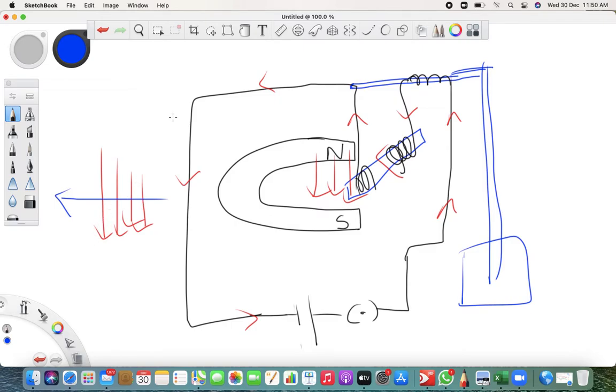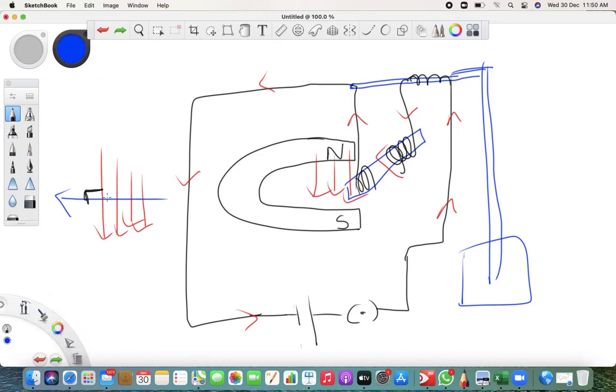As you can see, a very important point here is that they should be perpendicular to each other. Understand this very simple logic. There has to be a 90-degree angle between the magnetic field due to the permanent magnet and the magnetic field due to the current. They both should be perpendicular to each other. One very simple thing: what if they are not perpendicular? So this is the magnetic field.